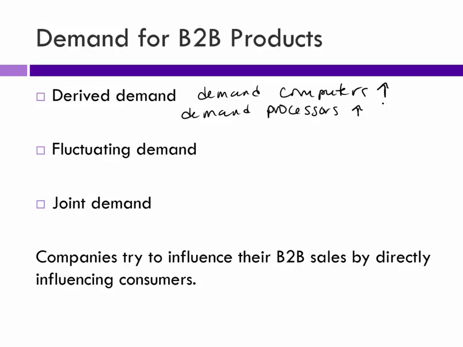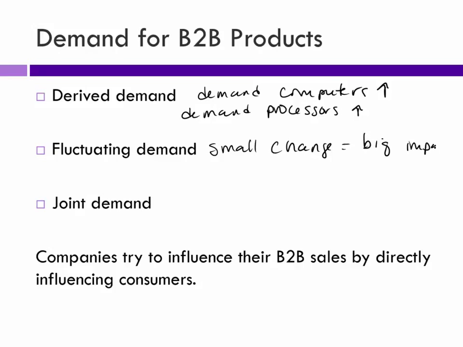Fluctuating demand, small changes can have a big effect throughout the supply chain. So seasonal things, things like that. And again, changes in demand for the main product will filter all the way through the whole supply chain and all the things that go into it. So we'll just say, let's say, small changes equal big impact.